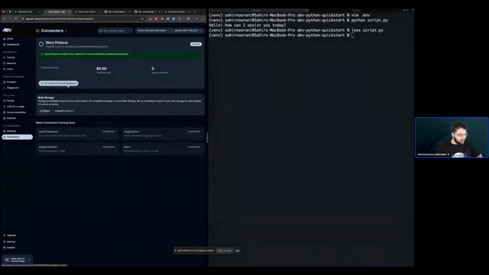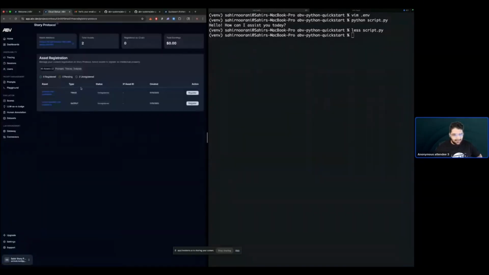Let's say you have a really secret sauce prompt that makes your application work. So now that this has been activated, you can mark it as... Right now, we only have two different things. We have the output itself from this command that we ran, and then we have the full trace itself. But all you would do is, whatever you want to register, you can just hit the register button